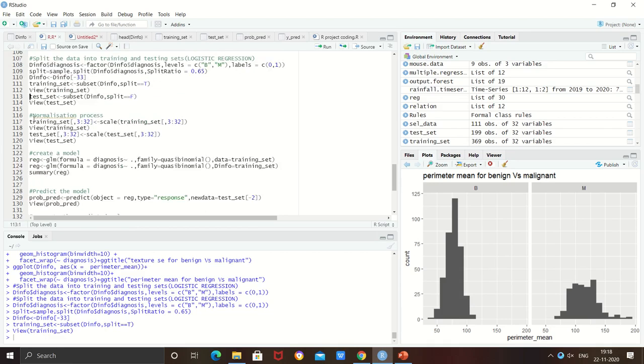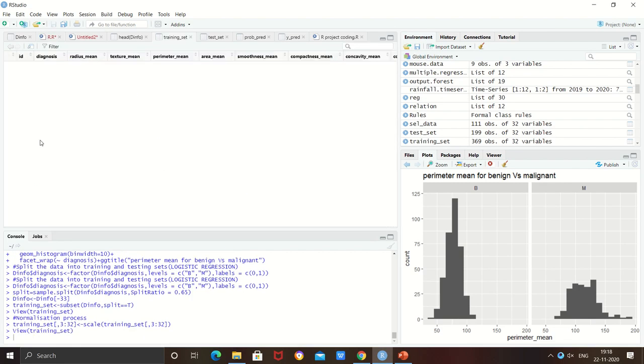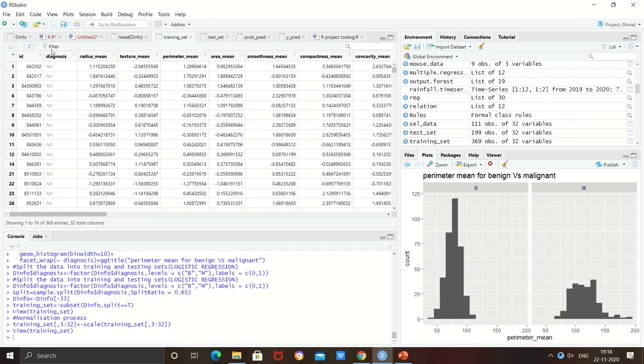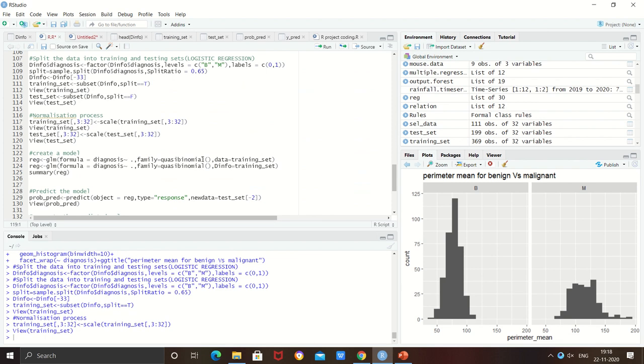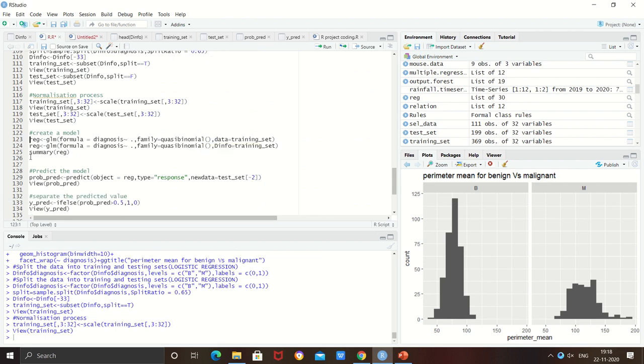For that we will use the normalization process. We will run this line of code, and you can see here that our dataset was opened. Now we will create a model using the regref function. The regref function is used to combine these function calls into one, as well as provide ancillary analysis such as graphics.